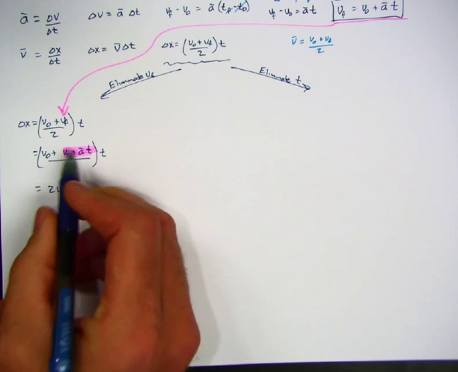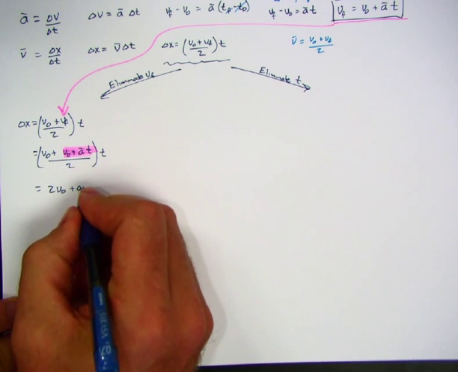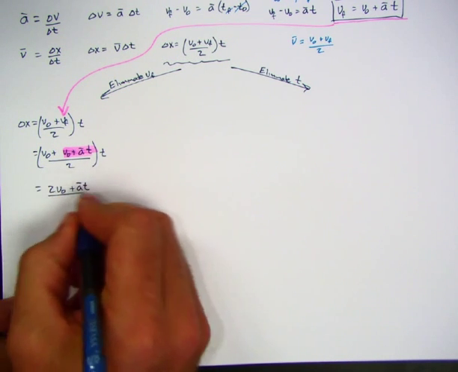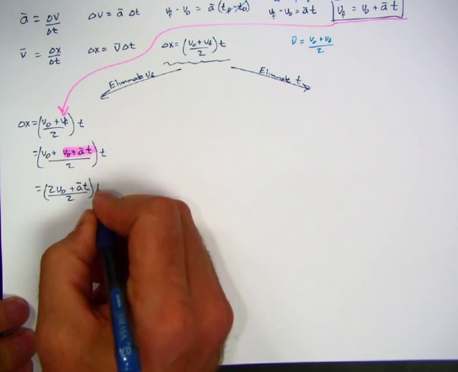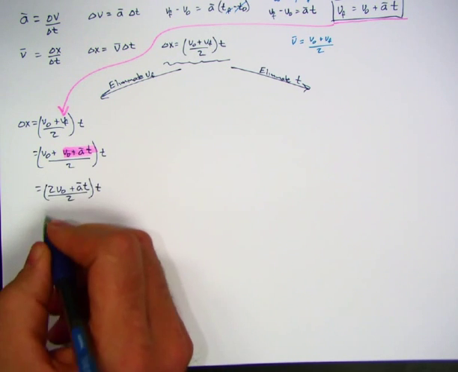I'm going to separate out. Oh, well, let's just do it all. At over 2 times time, multiply times time. So I've got